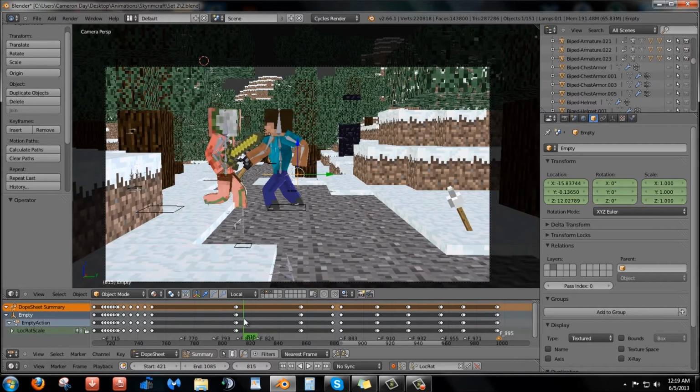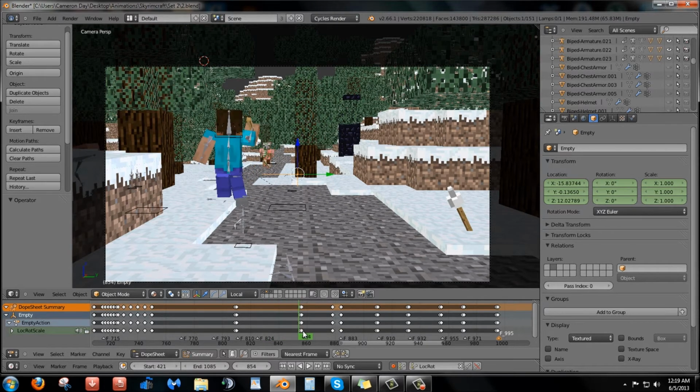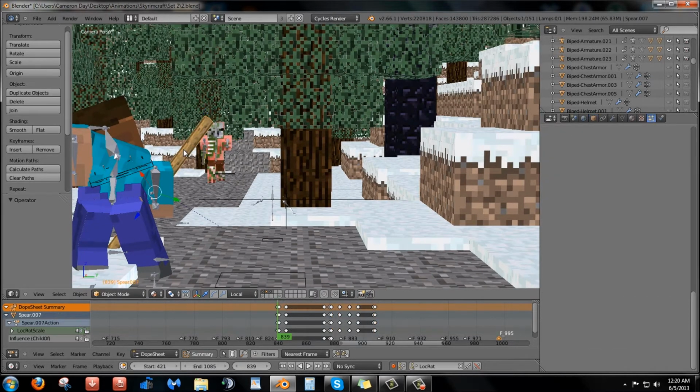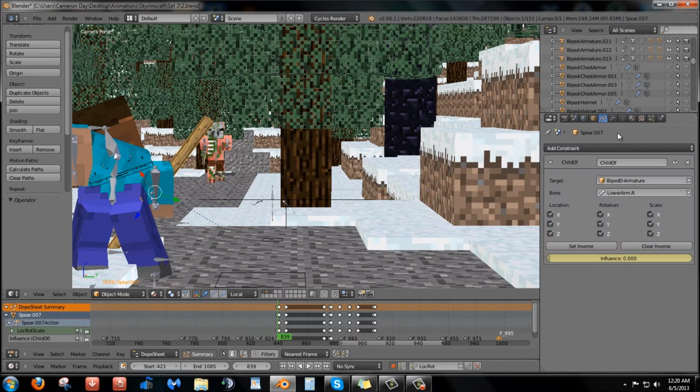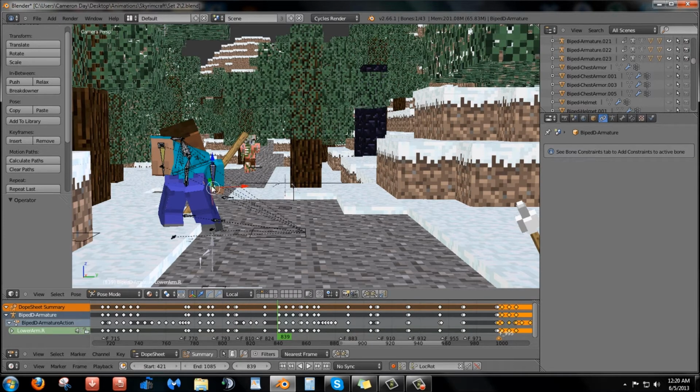In this next part, he stabs that guy in the stomach and picks up that spear. Making guys pick up objects is kind of difficult in Blender. I mean, it's not really difficult, it's more annoying because it's a hassle, because the parenting system needs work, and I'll show you why. Basically, you add a constraint. It's called a Child Of constraint. And you parent it to a bone, which in this case is that bone right there.